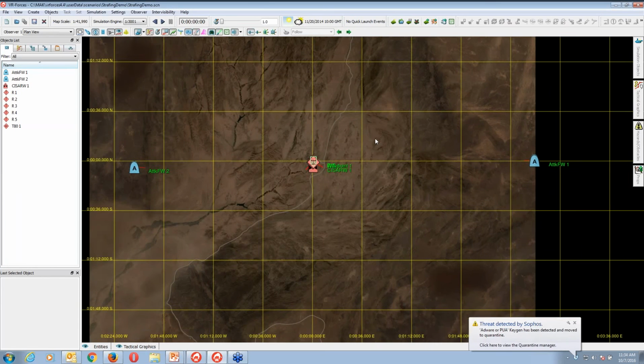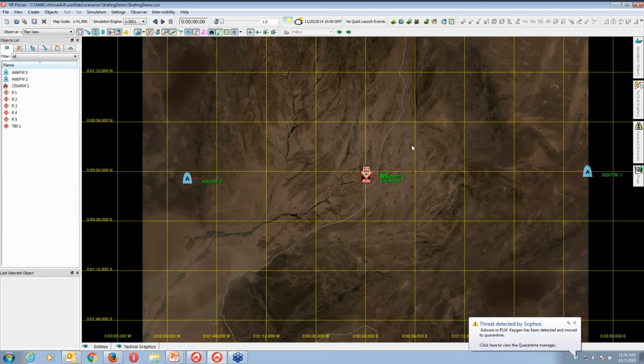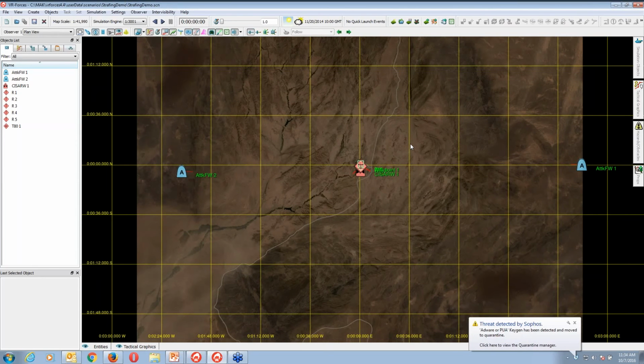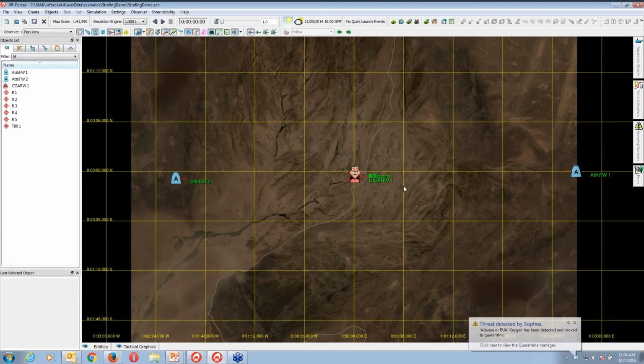Now I'll brief you about my scenario. Recently, some militants are approaching our LOC regions. How do we react to these militants, how do we approach this particular geographical region, and do we have the capability to reach it or not? To check that, I've made a scenario in this tool, and I'll brief you on it.